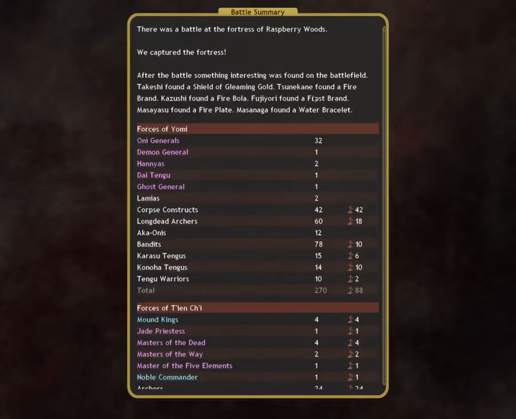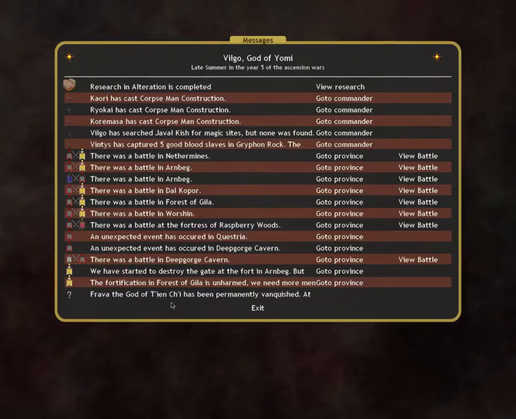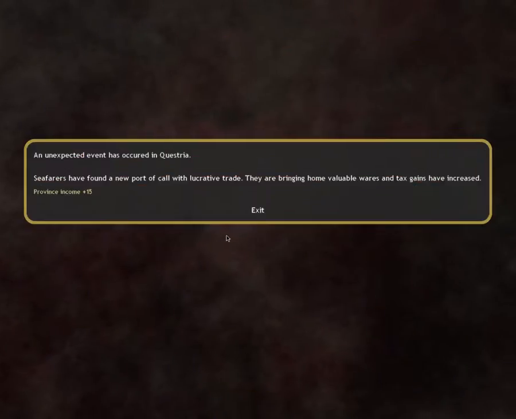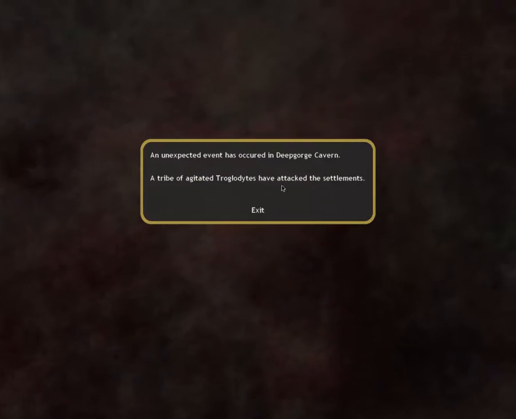I get a Shield of Gleaming Gold, a Firebrand, Fire Bola, Frostbrand, Fire Plate, Water Bracelet, so they put everything they had into that. Very good, although those are not nearly as...